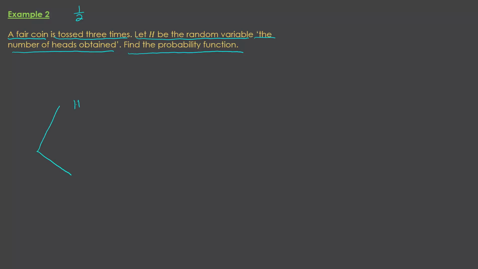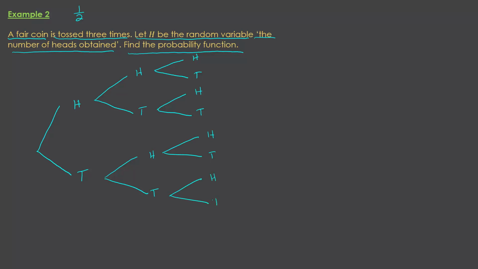So, if we look at a tree diagram, head, tail, then for the second toss, head, tail, and then for the third toss, we have head, tail on each of them, like so. So, we go to the top here, we'd get head, head, head as the outcome. This would be head, head, tail,